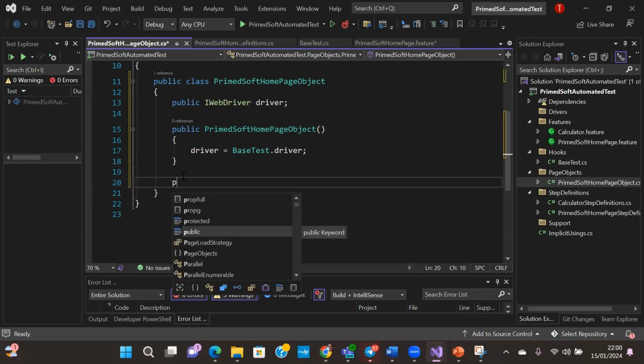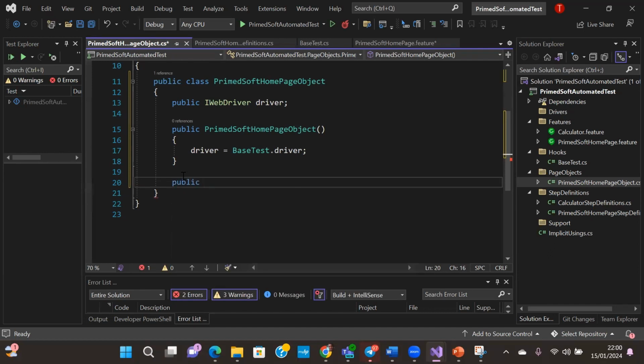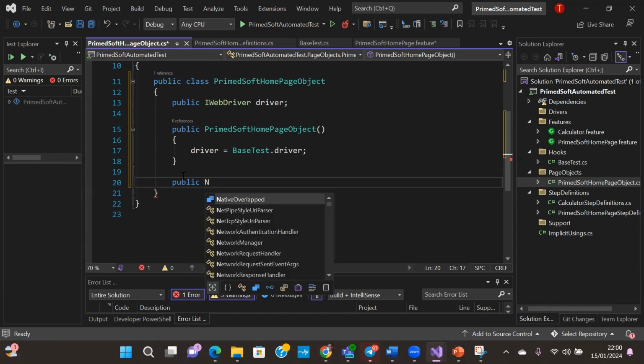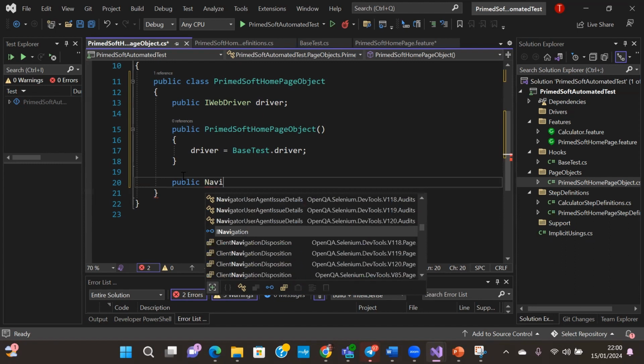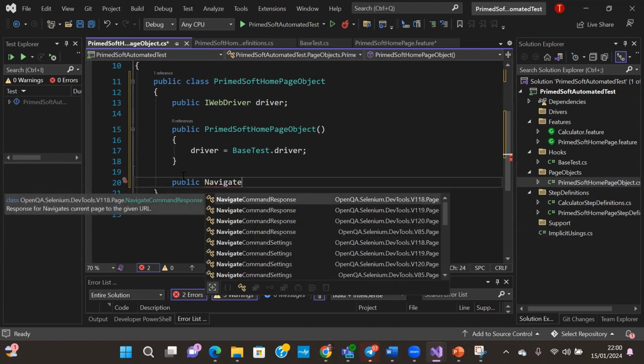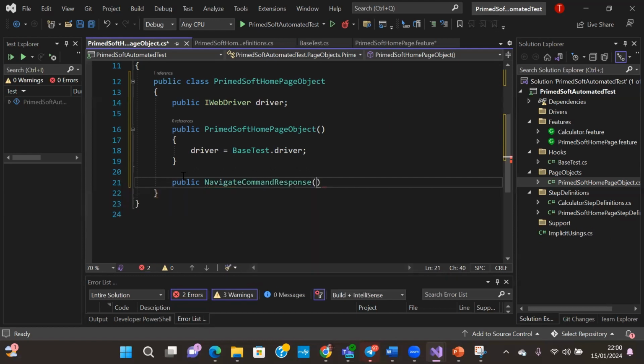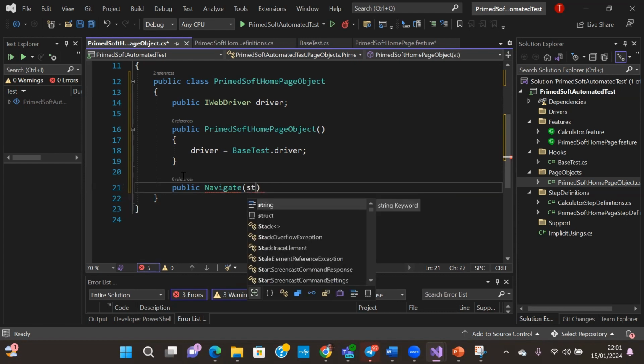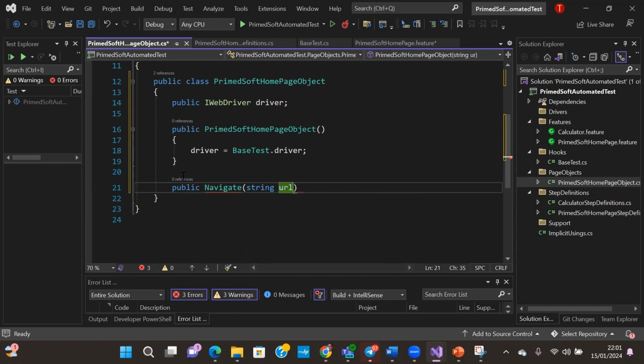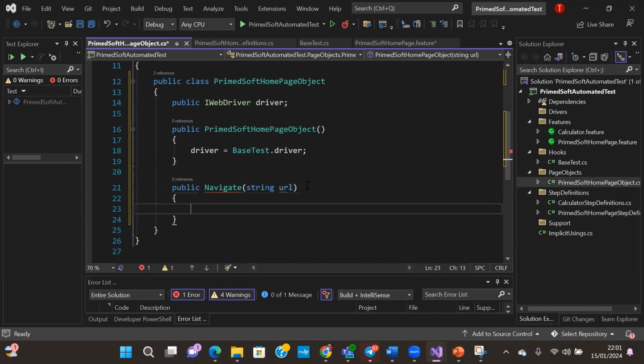So we have public, navigate, right? We'll add open and close brackets. Inside this you put string, and we want to add it as URL, because what we'll string is URL, if you can recall from our step definition. So what we're going to do next is add our curly braces and click on enter,